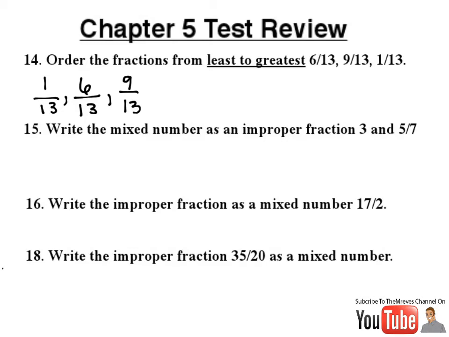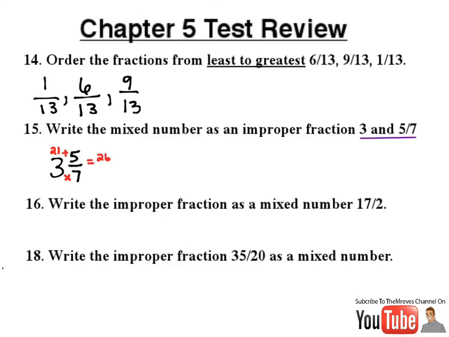Write the mixed number as an improper fraction. Now, we use the wording 3 and 5/7. So what we're saying is we have 3 wholes and 5/7 of a whole. So we go 3 and 5/7. That's how it looks in word form. Remember this, we go 3 times 7, and that gives us 21. Then we take the 21 and add it to the numerator, and that gives us